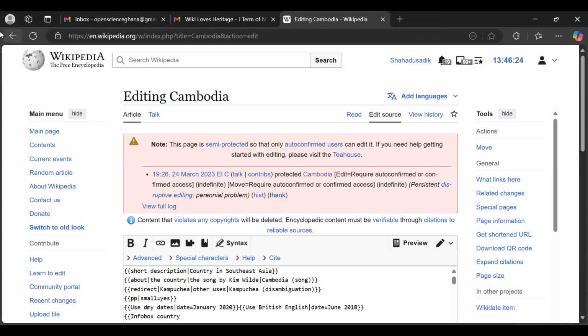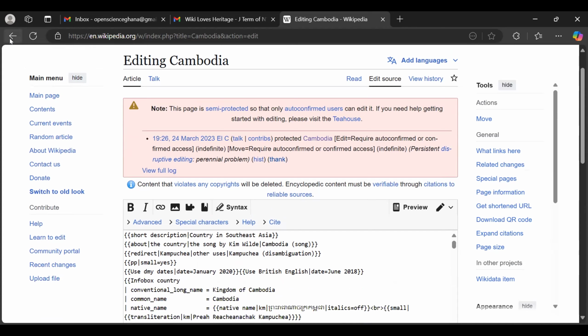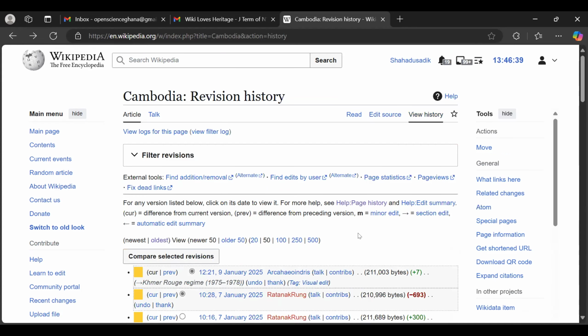So an article on Cambodia may have several editors, more than 1,000 editors since 2001. So that makes Wikipedia very interesting. The fact that more people can edit, fact check each other, contribute to an article, and make it better, keep it up to date. That's basically the goal of Wikipedia.